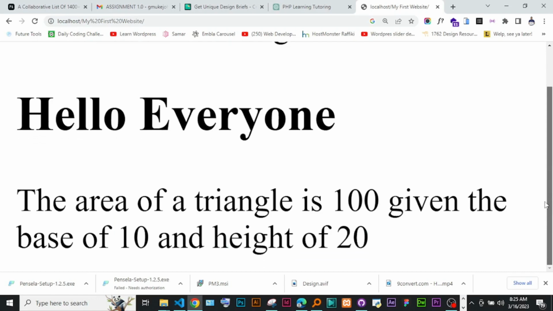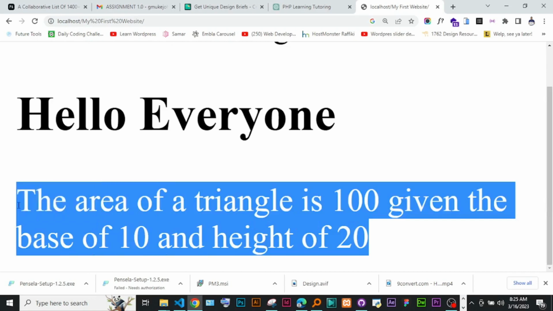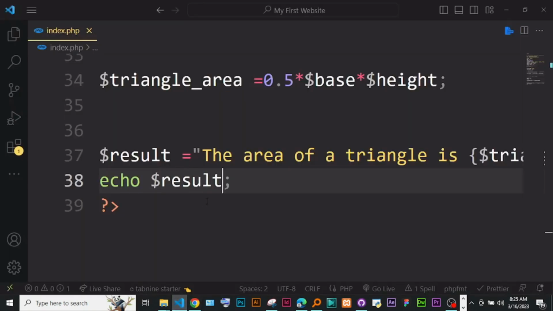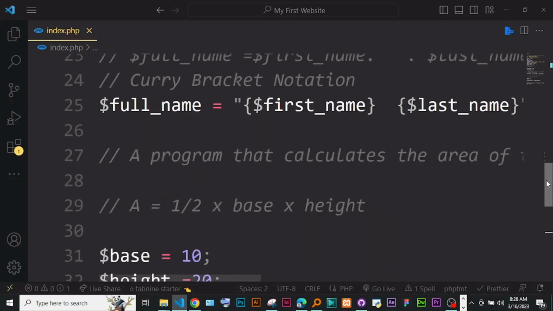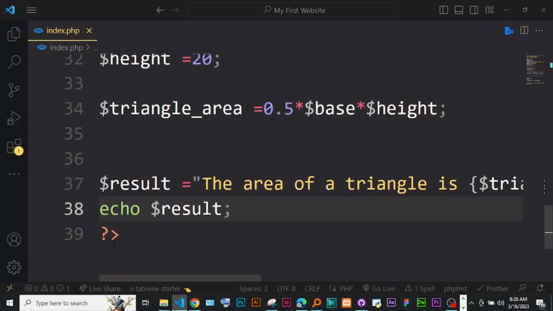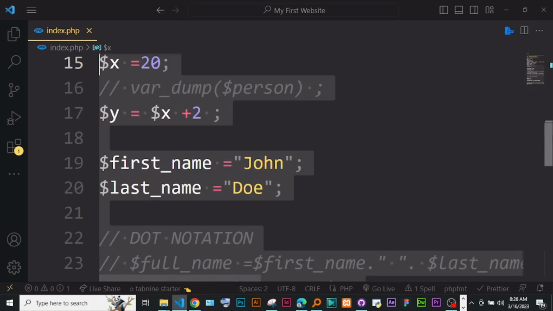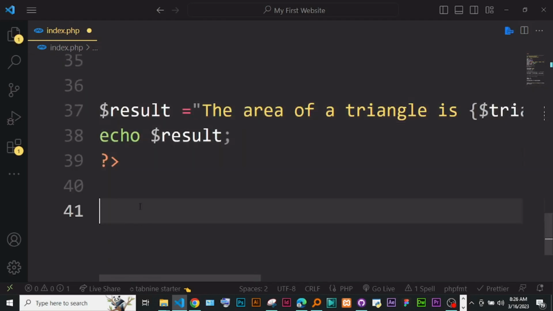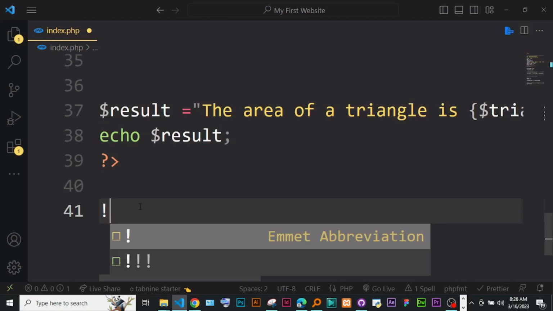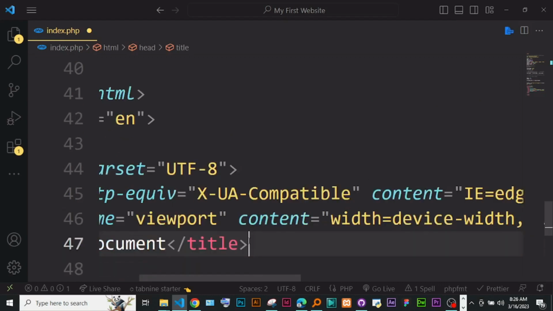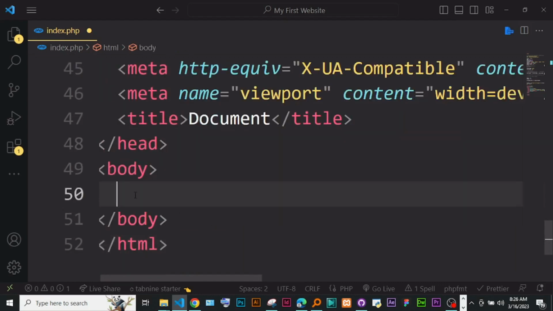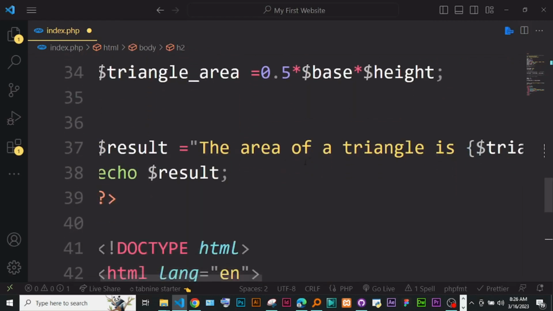So this is a really cool way of doing stuff. And the last thing I want to show you is that things we have all here in our PHP script, we can still use it in HTML down here. So down here, I can put an HTML document by doing Shift-1 to bring the Emmet template of HTML, put the HTML code down here, and if I did H2, and I copy the same thing here,